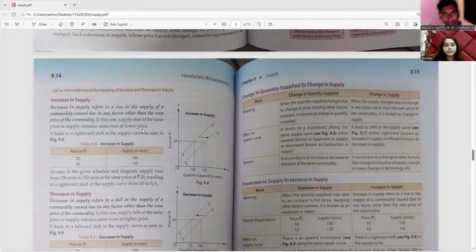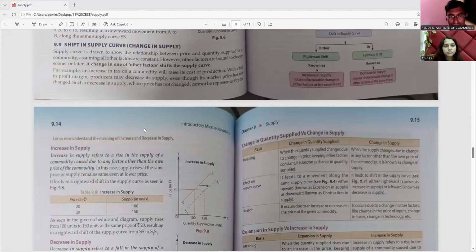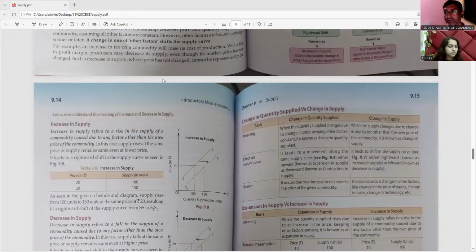Once again, we'll start with the supply, right? After finishing the shift in supply curve, we're going to start with the increase in supply. In which situation will supply be increased? Let's see one by one. Increase in supply refers to a rise in the supply of a commodity caused due to any other factor other than